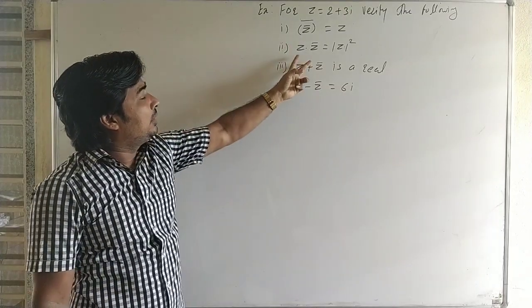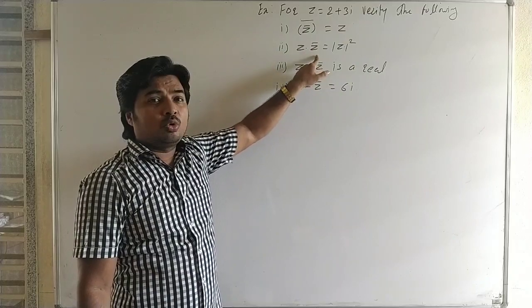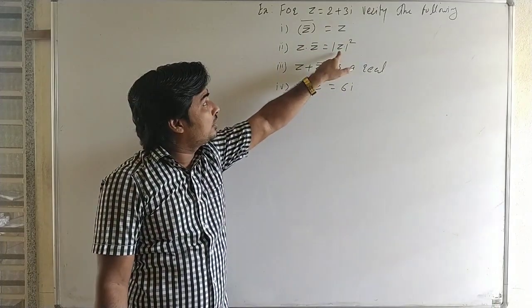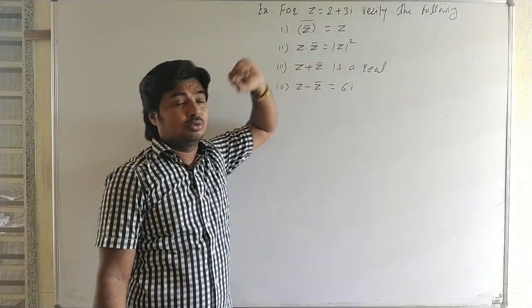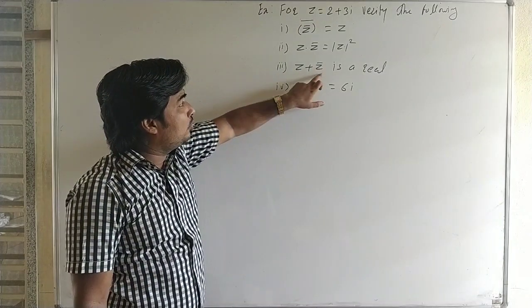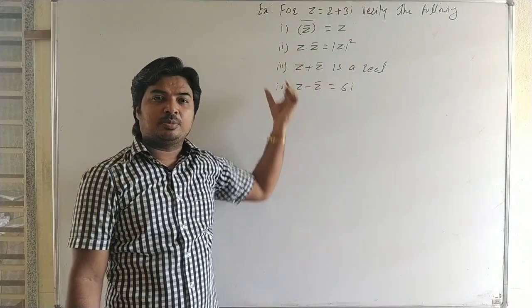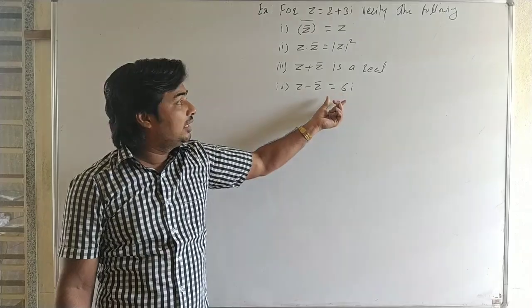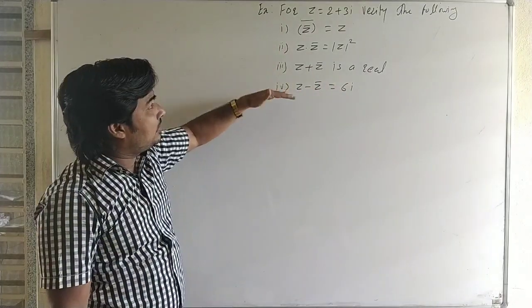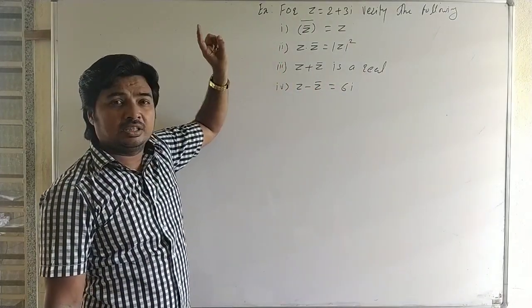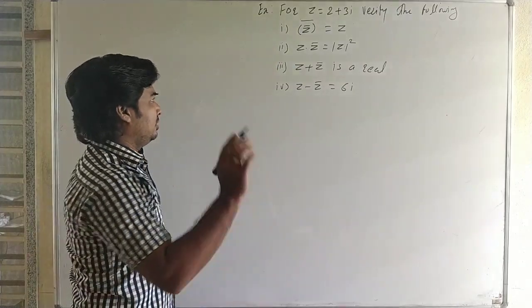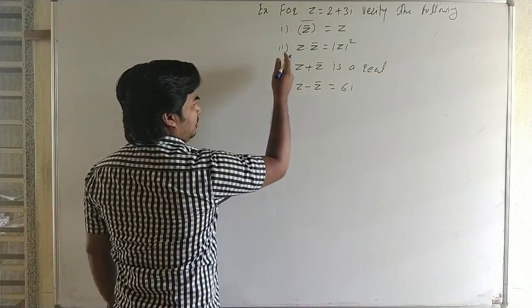Here we already saw this example in lecture 2 of complex numbers. The conjugate of the conjugate is z itself, the multiplication of two conjugate numbers is purely real and equals the modulus squared, the addition of two conjugate numbers is purely real, and the subtraction of two conjugate numbers is imaginary. These examples were already done in lectures 2 and 3. Now here we prove it.